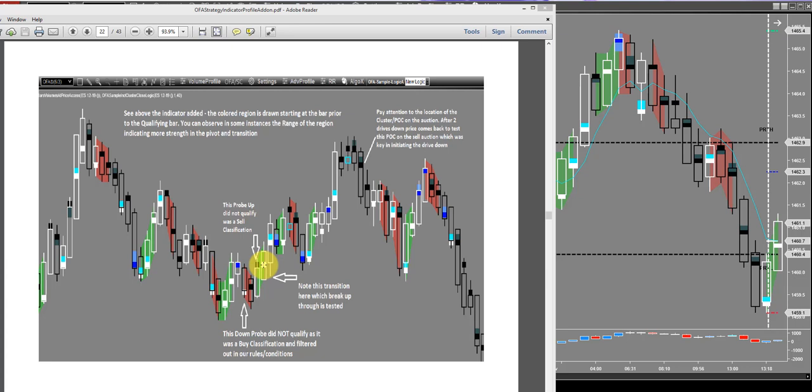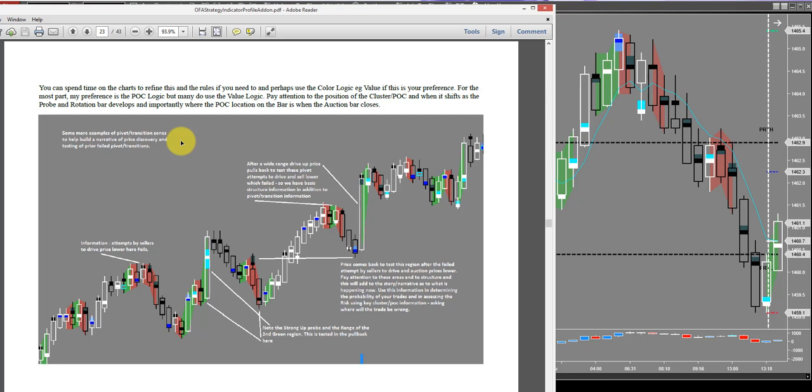You can see it's in the middle of the range of the auction, and one of the prior 2 bars is a down selling probe, which qualifies, and also the close on rotation of this auction closes above the 2 clusters, so this one is included. Please do spend some time on this, because I've covered some examples here of a progression, in addition to what I'm going to cover in the charts. I have added some narrative to cover some explanation and examples